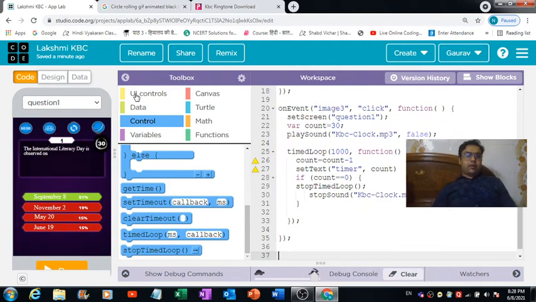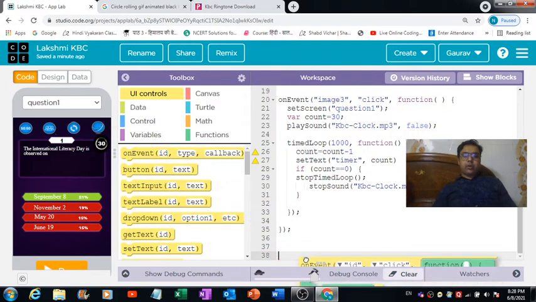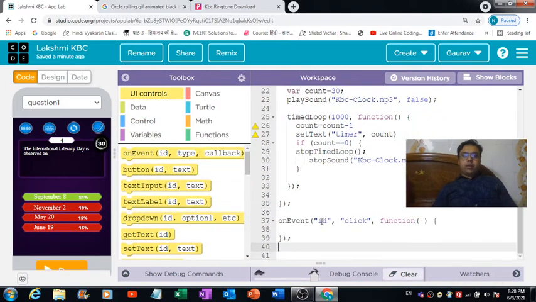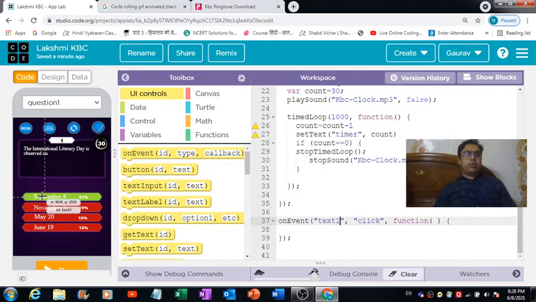Okay, so let me just select this uneven block, and I'm putting it over here. Now when the user will hit this text 1, if the user will select this text 1, because it is the right option, what should happen?